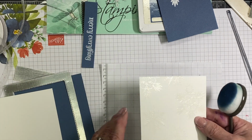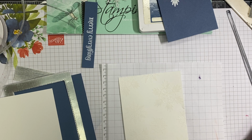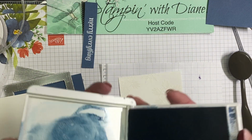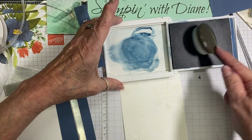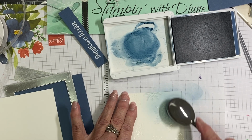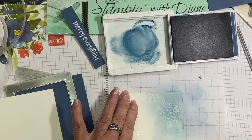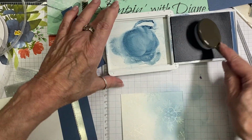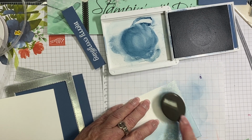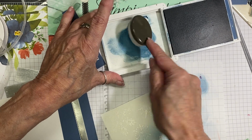So the one thing I want to do is, this is the piece that's been embossed with the white. I'm going to come in with my Misty Moonlight. And when I do this, I always go into my lid and then I go off of the sheet itself, because I don't want a lot of different uneven textures, or sponging, I guess is what it is. So you just want to